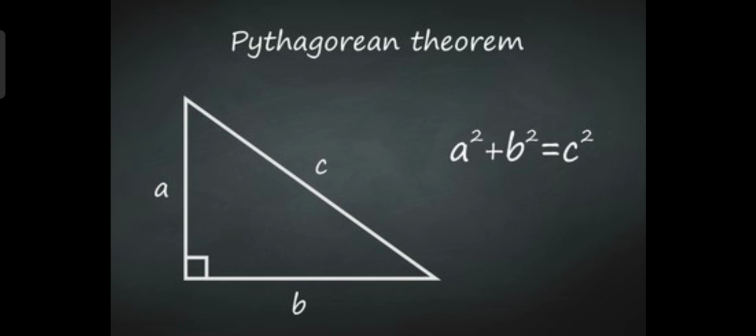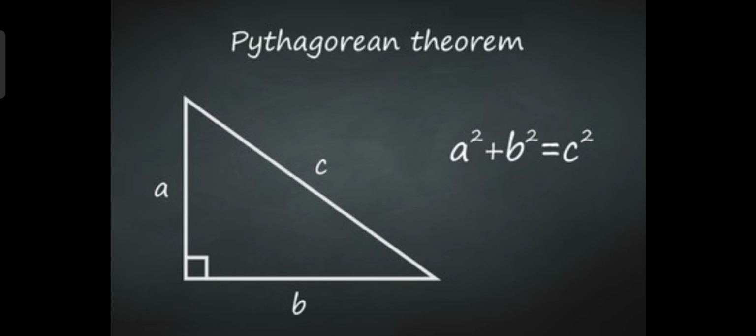So now first we'll study the revision of Pythagorean theorem. That is, first we'll do the revision on this chapter, Pythagoras theorem. I have already explained what the Pythagorean theorem is. Now you can see the right angled triangle. In that right angled triangle you can see a formula, that is a square plus b square is equal to c square. Okay, a square plus b square is equal to c square.